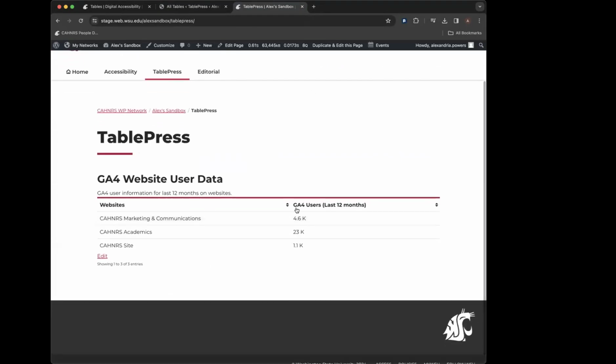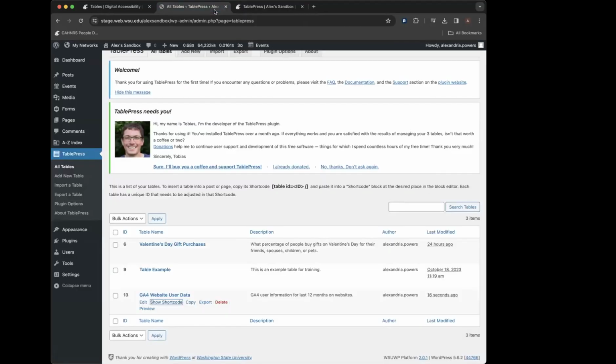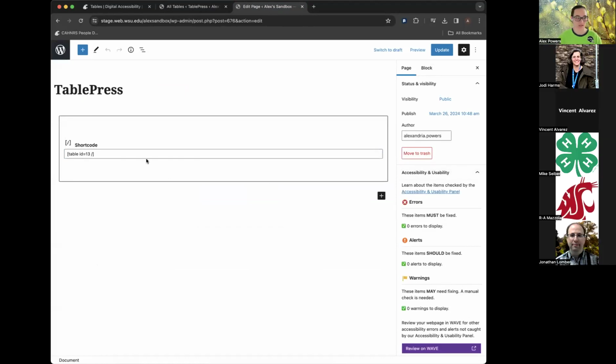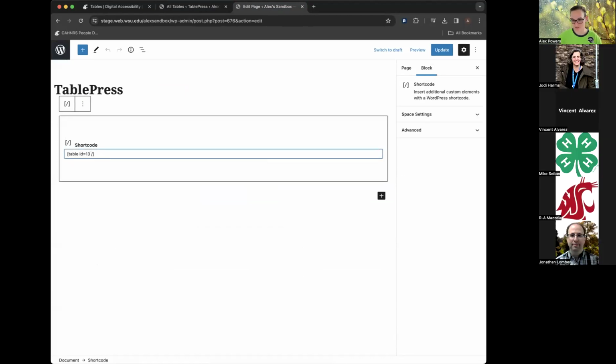So as you can see, we have these column headers, or not column, row headers. I'm going to come back in here because I want to add a column header. So the shortcode I'm going to want to add to create that is, have it in my,